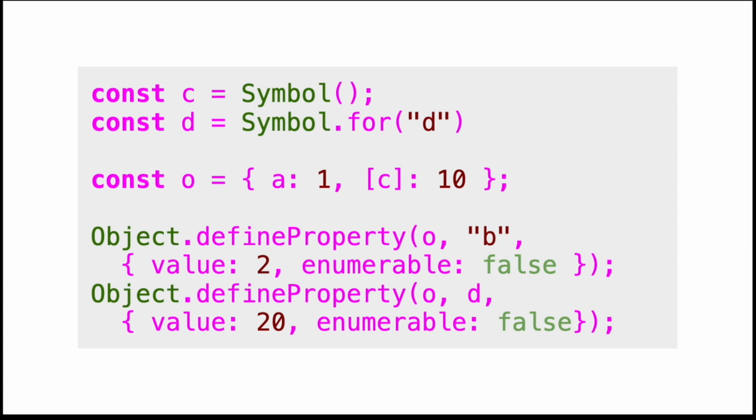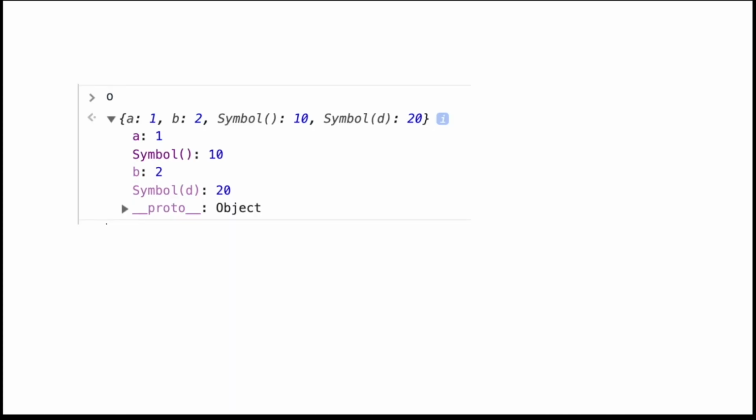Some consoles are smart. For example, if I do that in Chrome, I see this. I'm not sure if it's very visible, but B and D are a little bit grayed out. I'm not sure how you see that, right? It's there. So A and C are full, and these two are grayed out. That's how Chrome distinguishes between enumerable and non-enumerable. It's very useful, and we will see that.